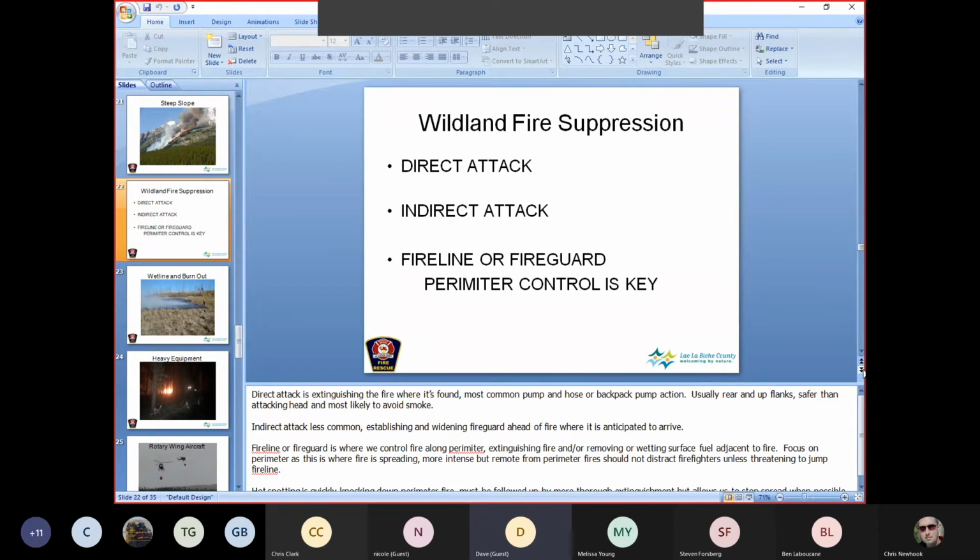Very often with direct attack, it'll be safer if you come from the rear and up the flanks and then work your way to the head. There are times, especially in grass, where we don't have a lot burning in between, where we can go right up the middle and knock out the head from the safety of the black. But if it's burning, say, an aspen, and we don't want to be in the smoke and you're trying to catch up, usually we'll go along the flanks and then up to the head. That's direct attack. Indirect attack is less common, but you establish and widen a fire guard